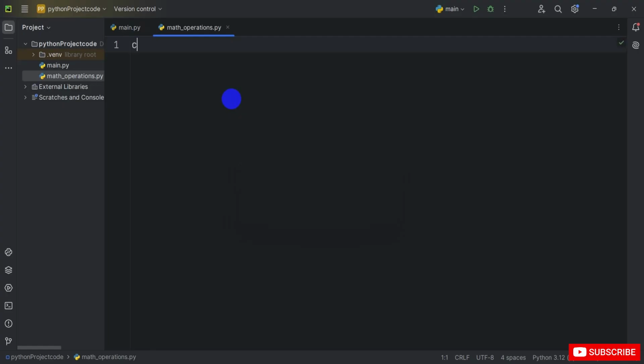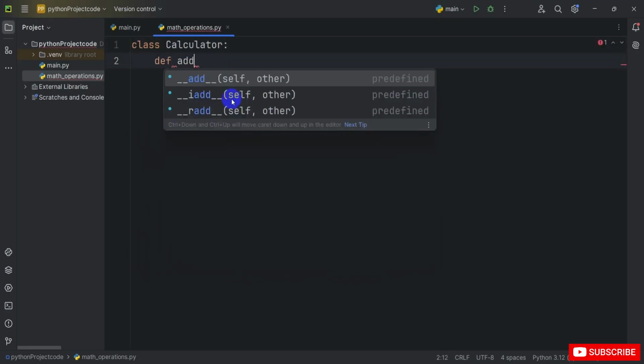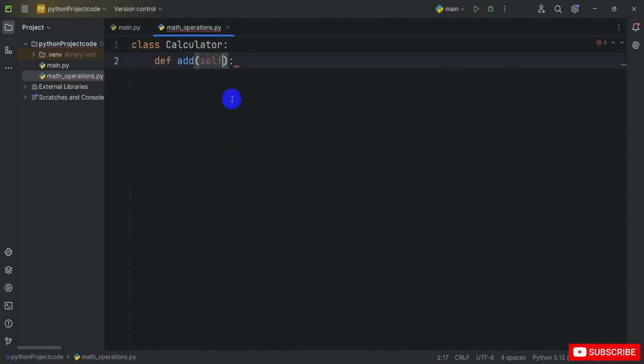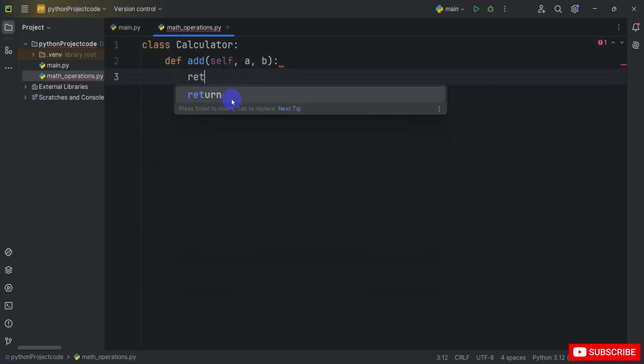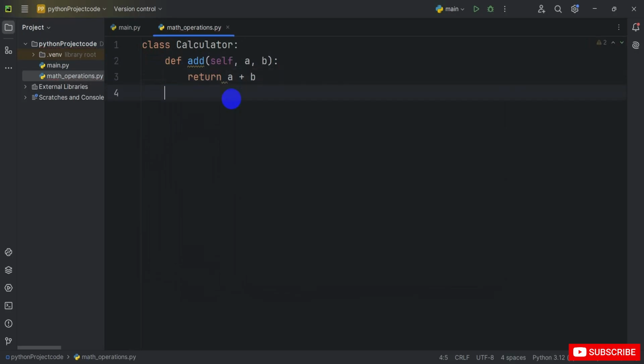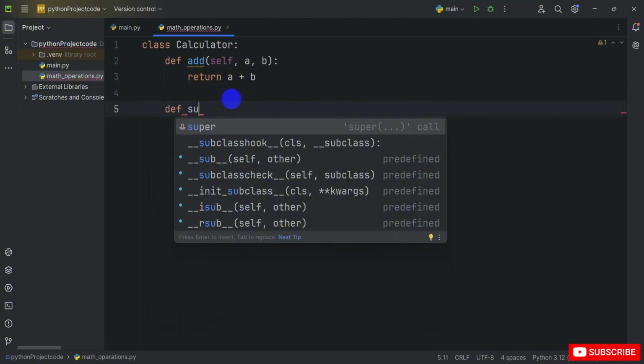Now let's create a class. Inside this I create a class called Calculator. And now in the next line here I define the add method. Inside, first of all, I define self and then the variables a and b. And in the next line I use the return statement, a plus b. And on the next line I create another method,